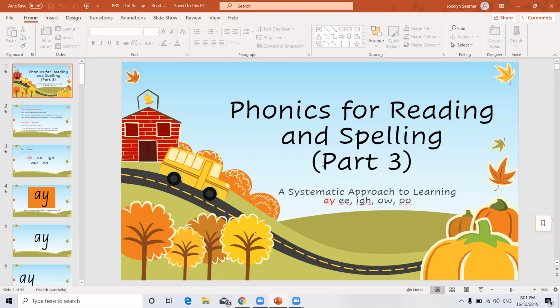So you can see here it's phonics for reading and spelling. I'm not writing a program. This is just a resource and I needed a title, so that worked there. And you can see that it says part 3. So part 1 would be the initial code of what we might call single sounds or the alphabet sounds. And part 2 is the common consonant digraphs. So ch,